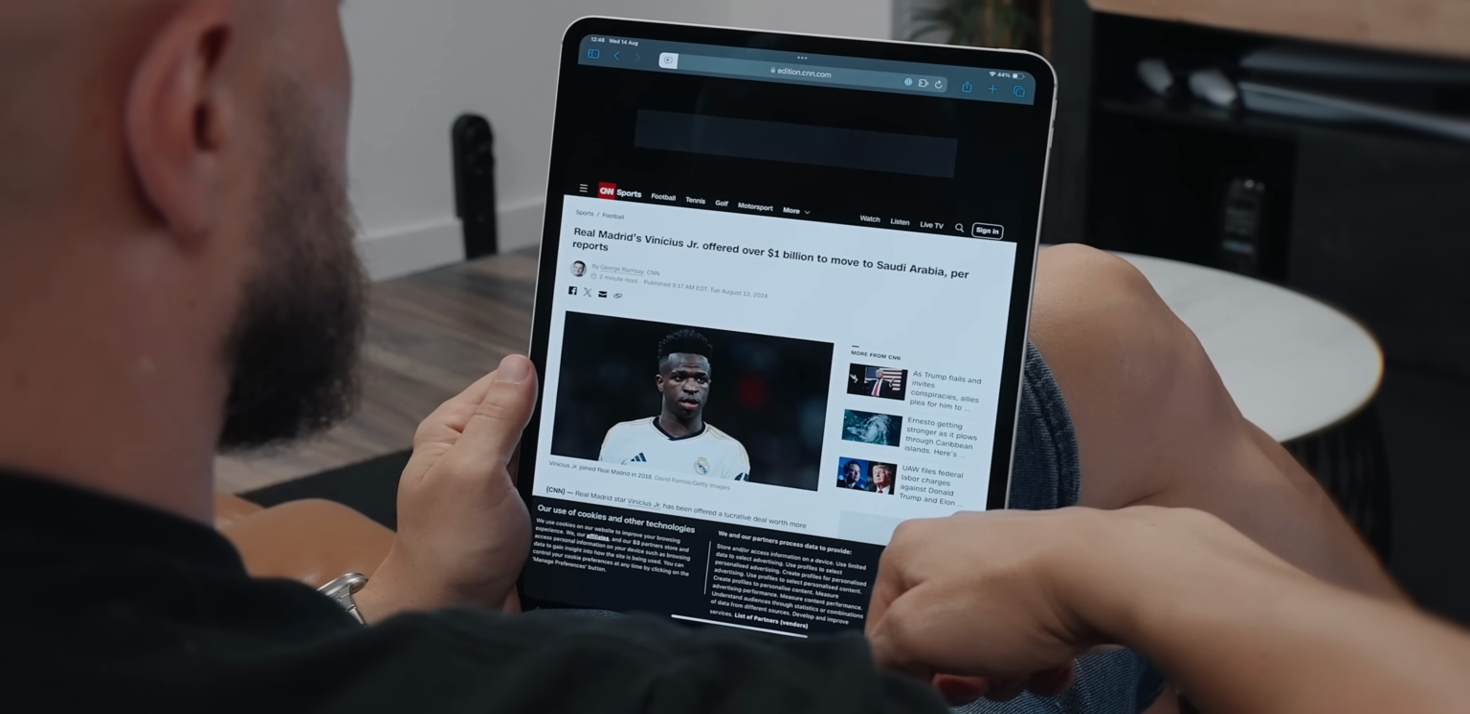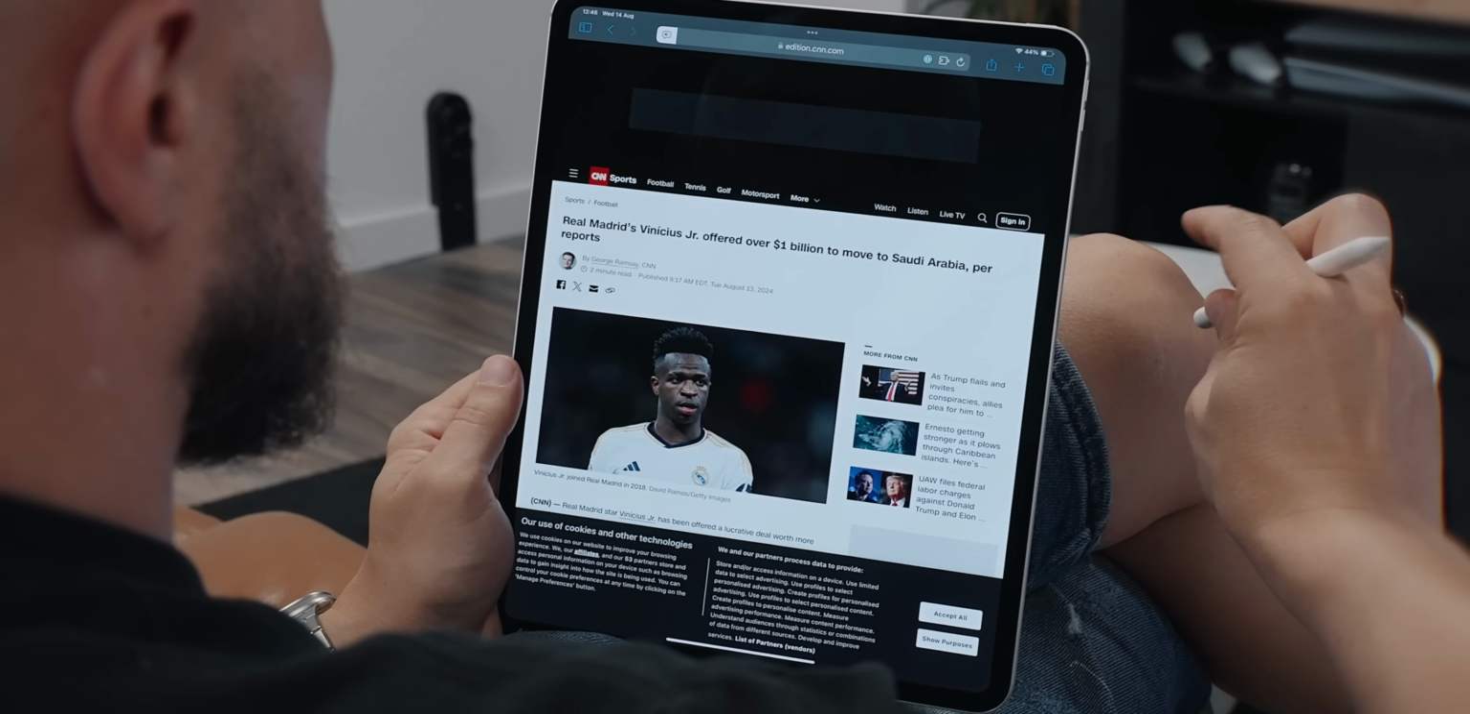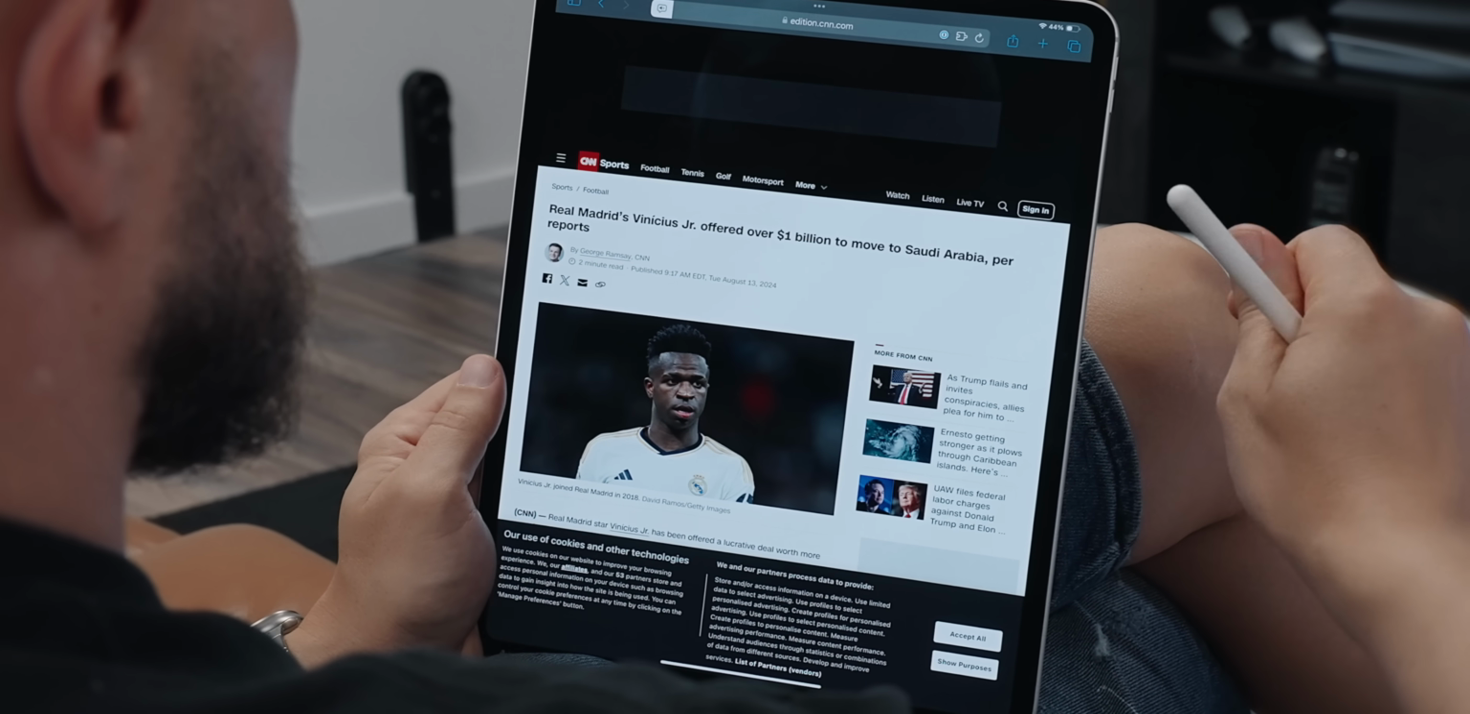Real Madrid's Vinicius Jr. offered over $1 billion to move to Even without agreeing to accept the cookies on a